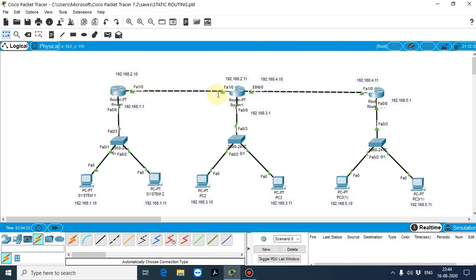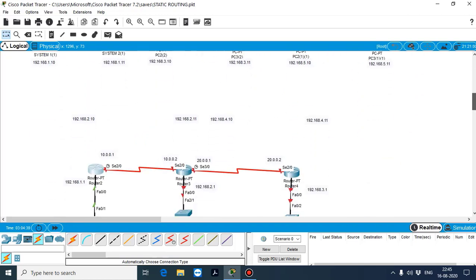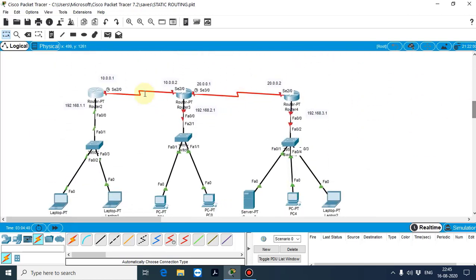We cannot connect the two ends using a short cable, since it requires more cable because the distance is long. So we are going to connect with a serial cable, which is like a pre-configured telephone cable.